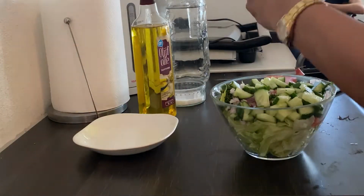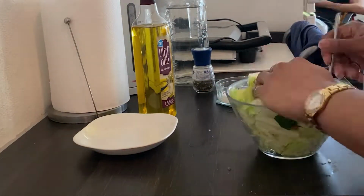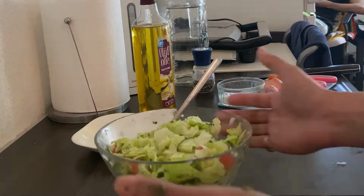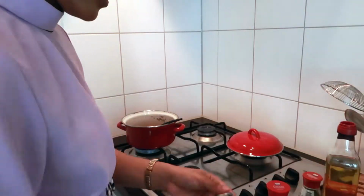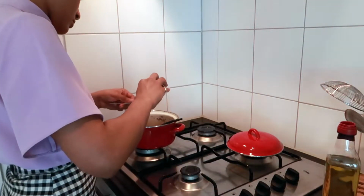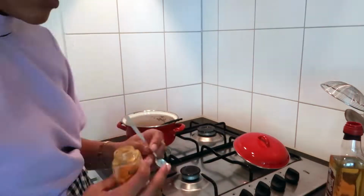I normally use spinach or arugula leaves for the salad, but I didn't have any at home, so I just made it with lettuce. By the time I'm ready with the salad, my lentils are ready. I would pour the water out and I would let them drain. In the same pot, I would add